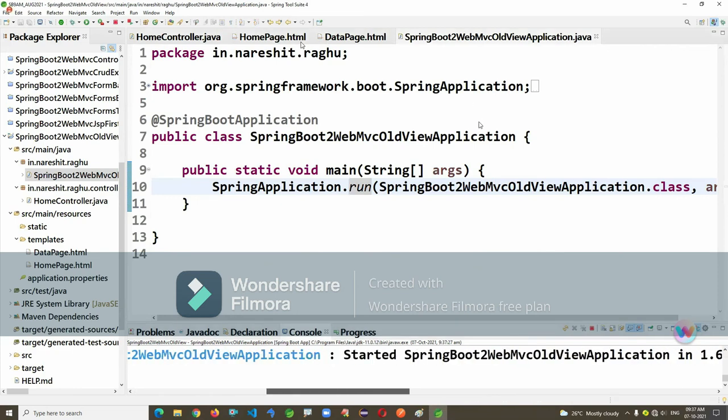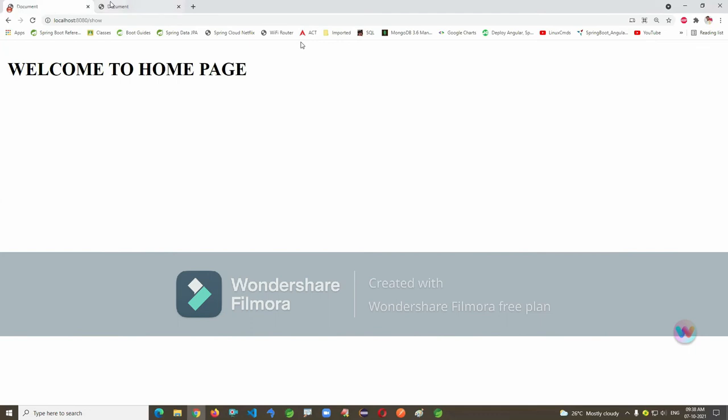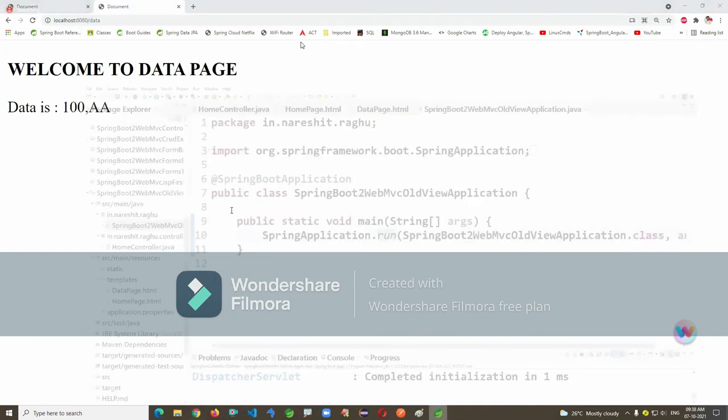Hope you are able to see this. Slash show and slash data. See, it's reading here. So these are the old representations.